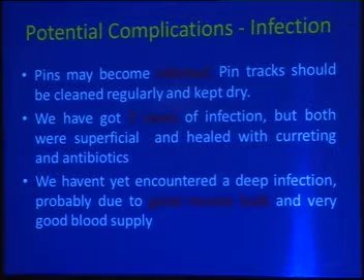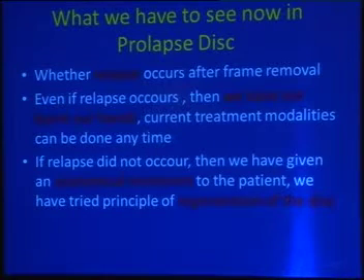We got infection in 2 cases, but luckily both were superficial and healed with curettage and antibiotics. What we think is that there is a very good spinal muscle bulk between the skin and the bone and a very good blood supply. So that's maybe the reason that up to now we haven't had any case of deep infection. Now what we have to see in cases of prolapsed discs where we are using distraction of